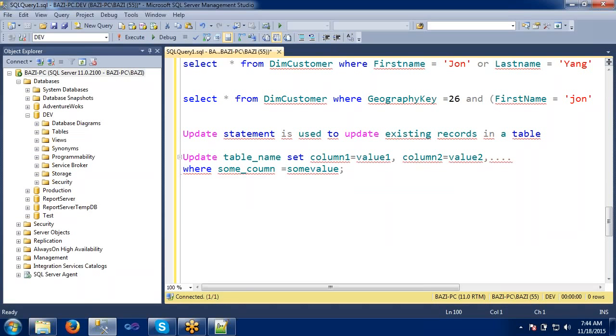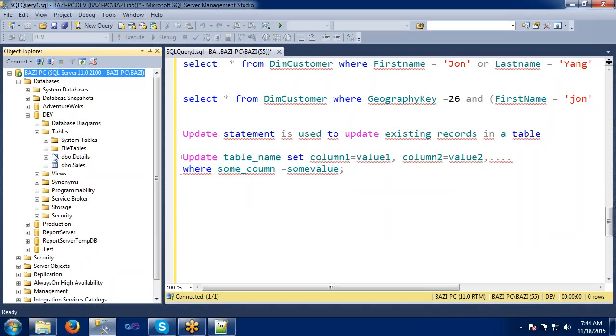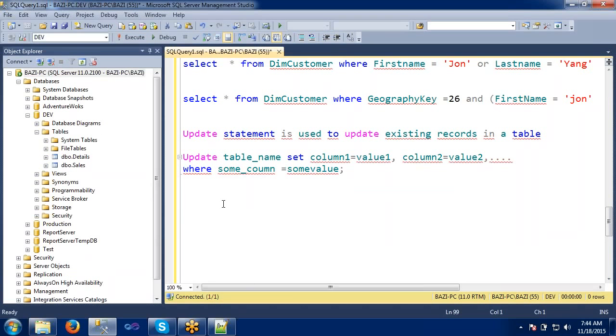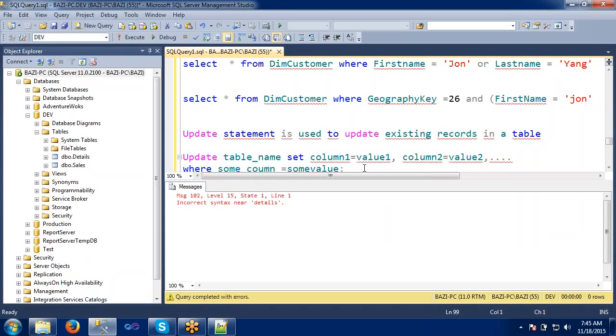Let's take one example. In our tables, we have something called details, right? Let's see what data is available in details. Select star from details. Here we are going to write where some column equals to some value, in the next line or the same line. Same line only.